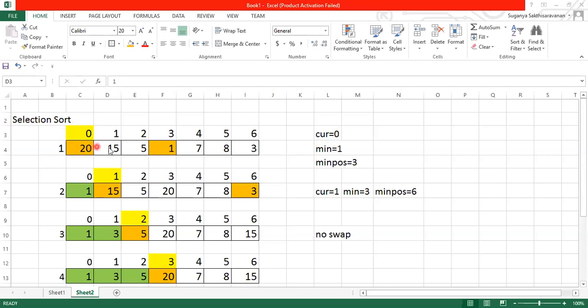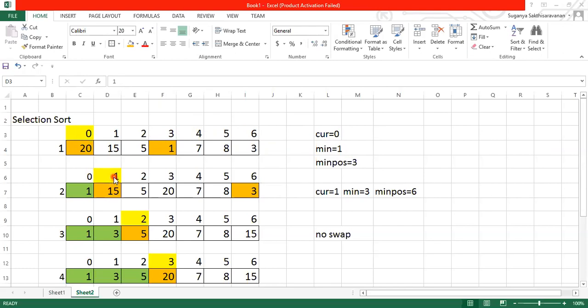Here, when I search the list, I can find that 1 is the minimum element, and the position of 1 is 3. I've stored it. Right now your minimum position and current position are not the same, so I'll perform swapping of these two data. Now I have the first, 0th position element in sorted order. 1 is sorted, which means that 1 is at the appropriate position. After this, I'll move my cursor to the next point. So now your cursor will be at the first position.